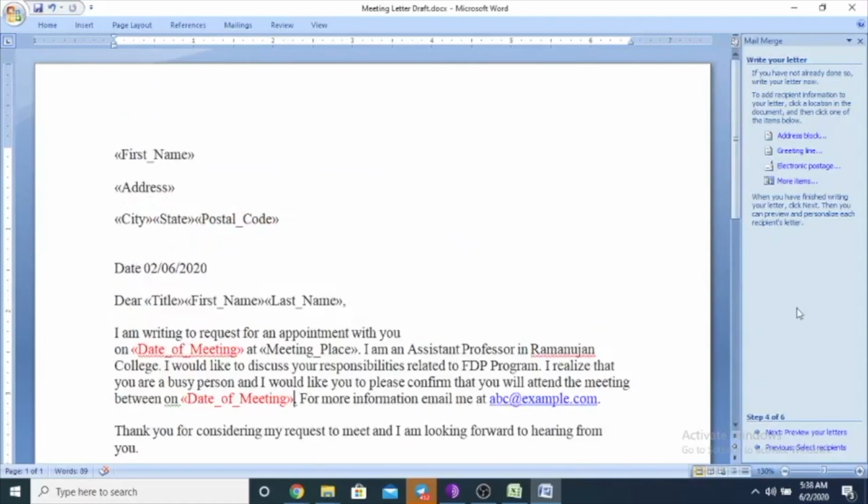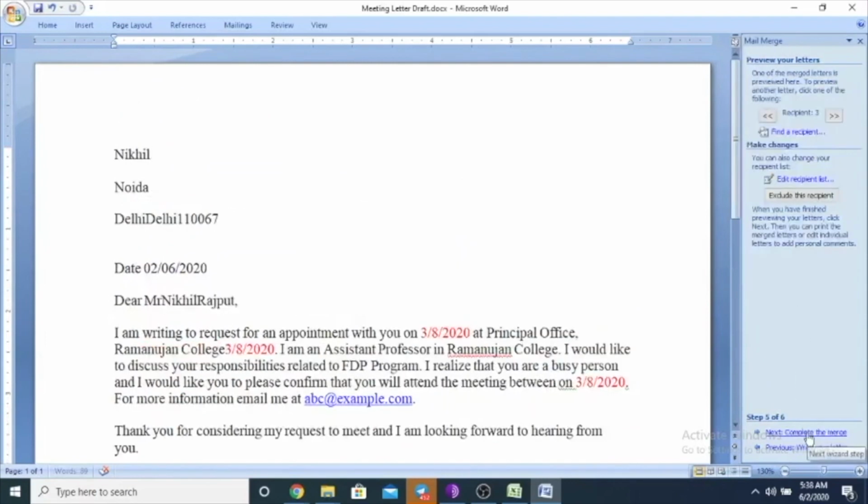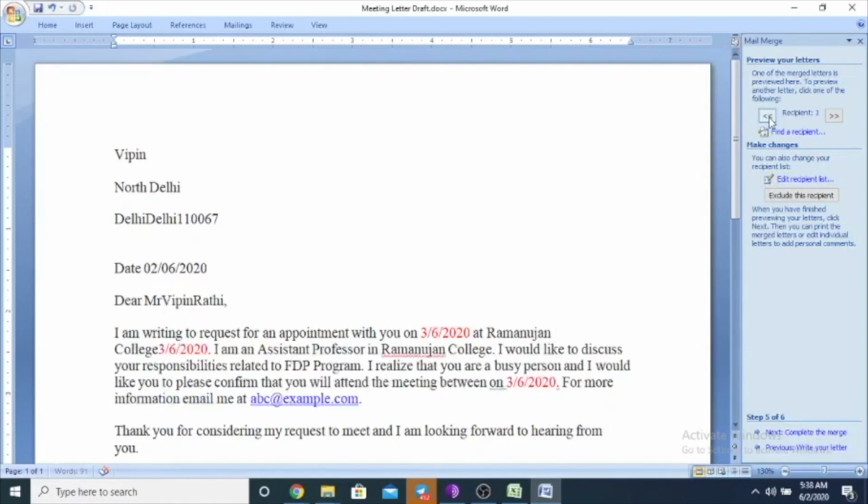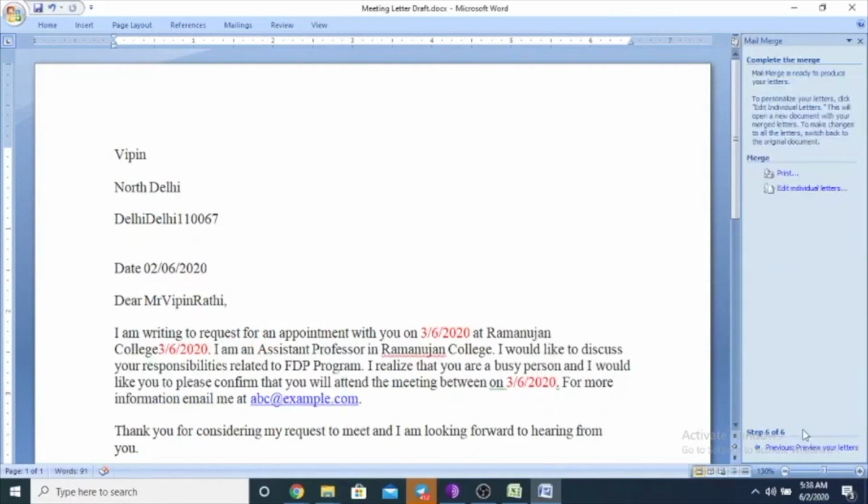You can take a preview of your letters. You can see all the placeholders are replaced by the actual, individual values. You can check for all the recipients. This is recipient 2, and for recipient 1 you can see. Now you can complete this merge process and print.